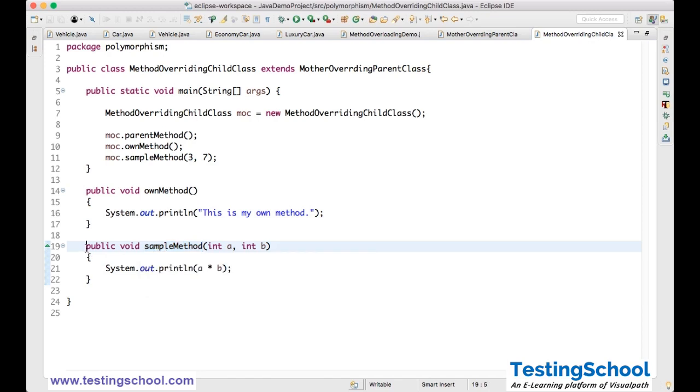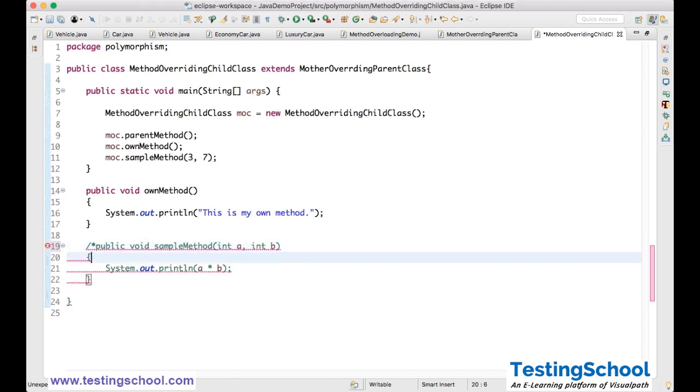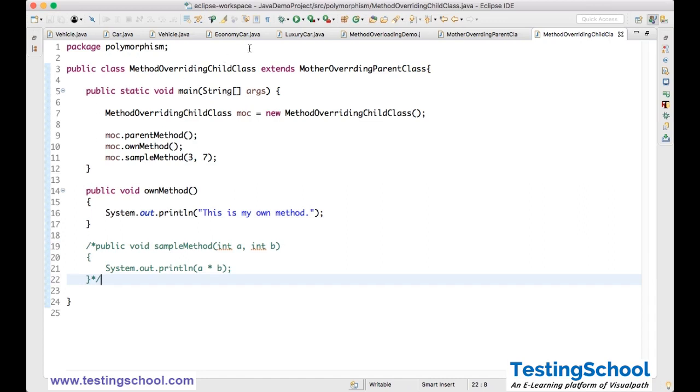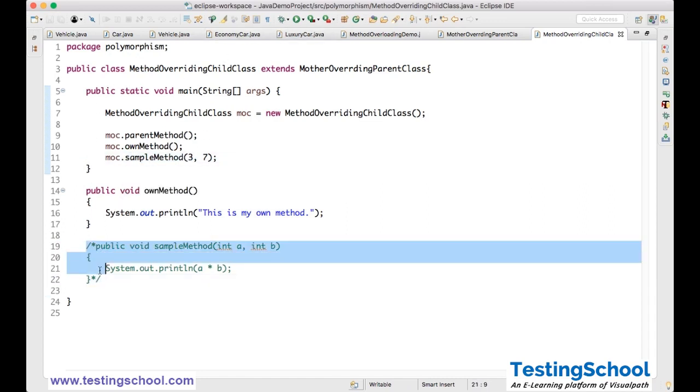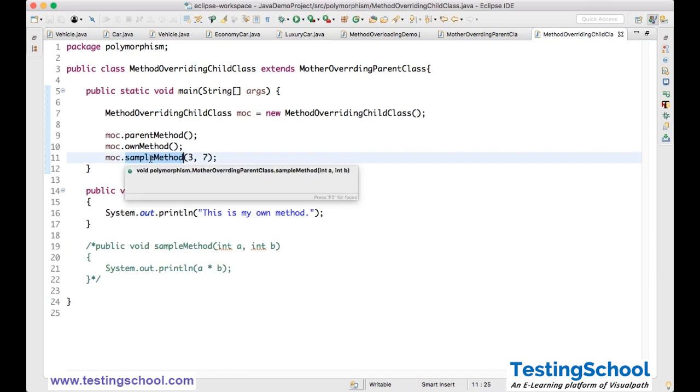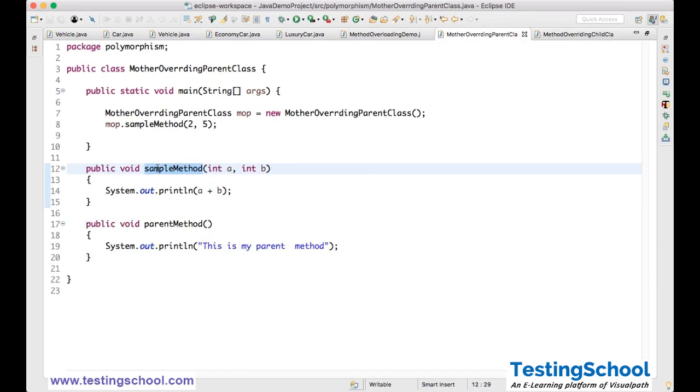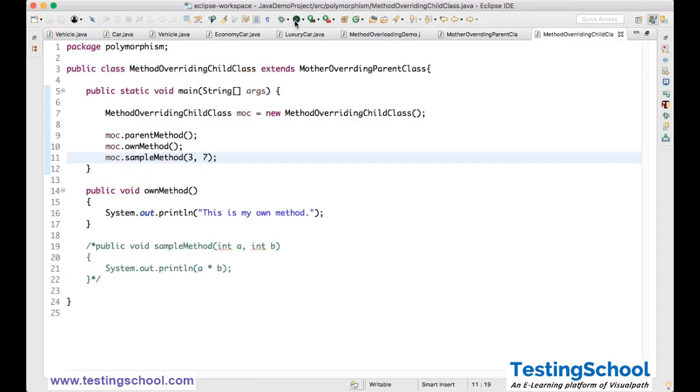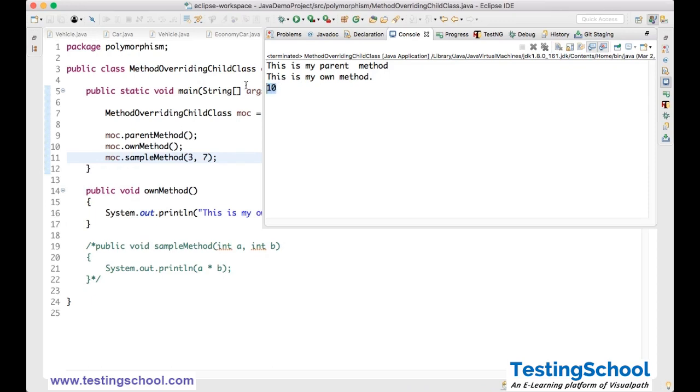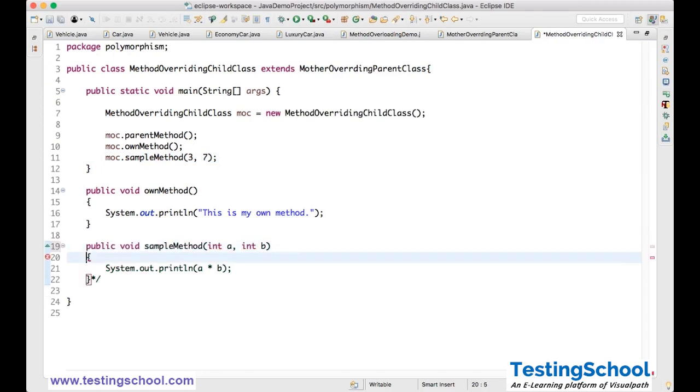right? So I will comment this. Okay. Now when I run this, see I'm not getting any error. I removed that method, commented it, and I'm not getting any error. Now if I control click, you see that it is going to the parent class. Okay. Now when I execute this, it will give me 10. You see, in the sample method what I am doing is a plus b in the parent class. So this is 3 plus 7, 10. If I uncomment this, when I run this now,